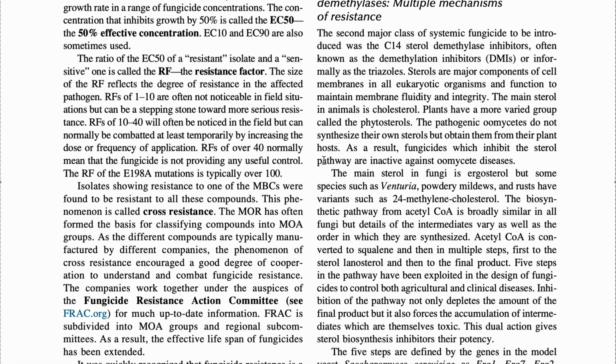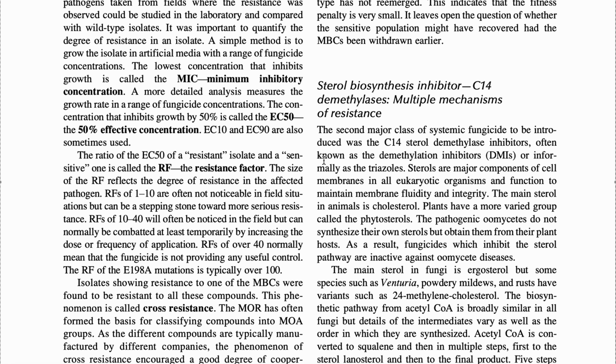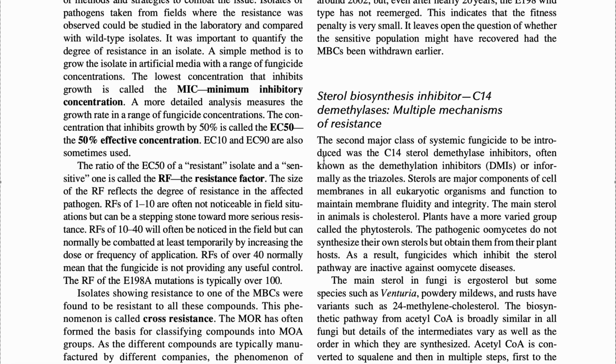Moving forward, the next is, look, I'm scrolling everything, but if I read word by word, it is not going to finish. Any chapter of Agrios is very vast. Sterol biosynthesis inhibitors: C14 demethylase, multiple mechanisms of resistance. The second major class of systemic fungicide to be introduced was the C14 sterol demethylase inhibitors, often known as demethylation inhibitors, or